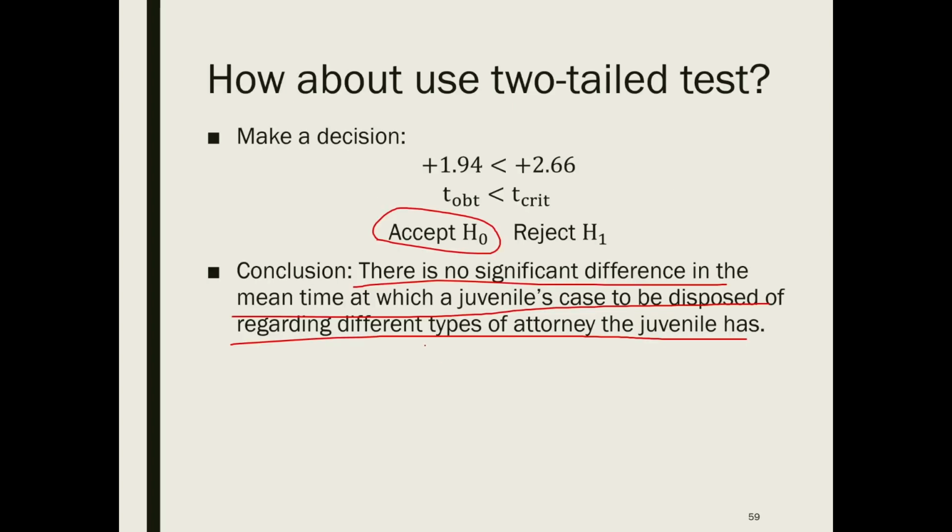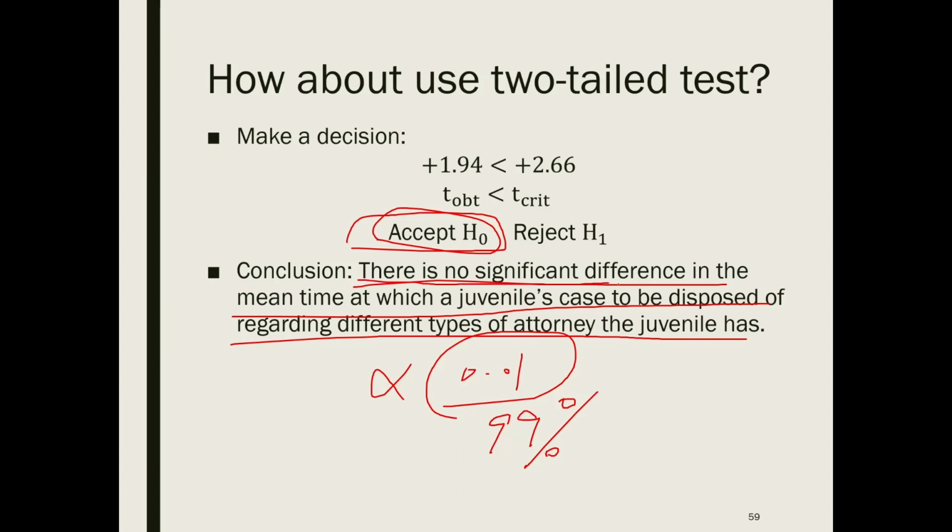And again, here, since we use 0.01, alpha level 0.01, it means our confidence is 99% confident. So when we make these decisions, statistically speaking, if we make a decision 100 times, 99 times we are going to make the right decision, that there is no difference, and only one time are we going to make a mistake, that there is a difference but